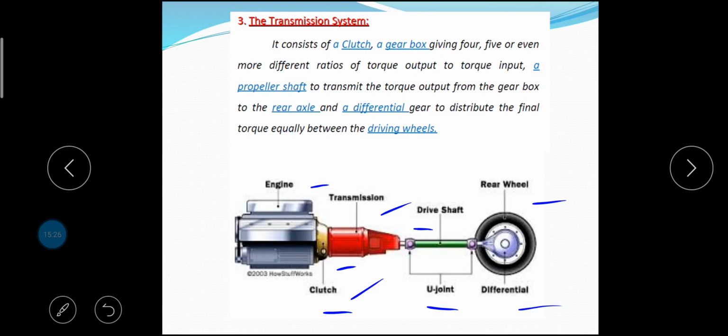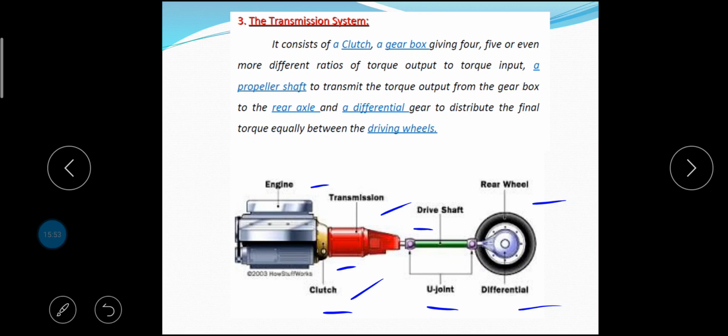Bevel pinion and crown wheel. They turn the drive around through 90 degrees and also provide a permanent reduction in speed. The permanent reduction is necessitated because the speed of the engine has to be maintained at an optimum level at all times, yet a minimum value of torque has to be made available to the road wheels.